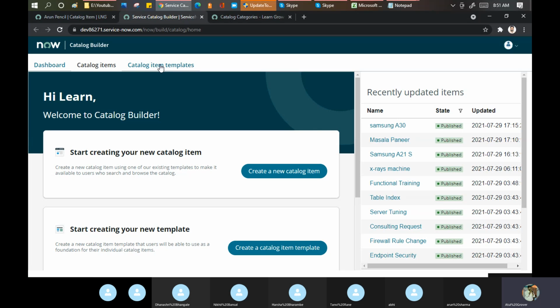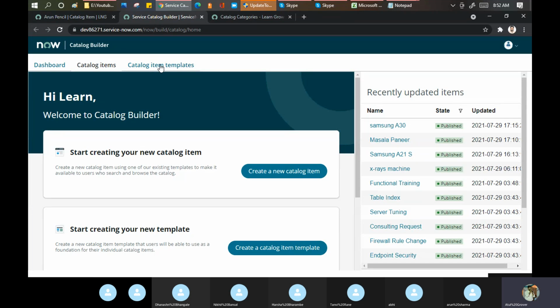If tomorrow you want to add a new section in your restaurant, maybe you can say chai party. It is a section you want to add. You will create a new catalog, or you will add a new item. What will you mention?